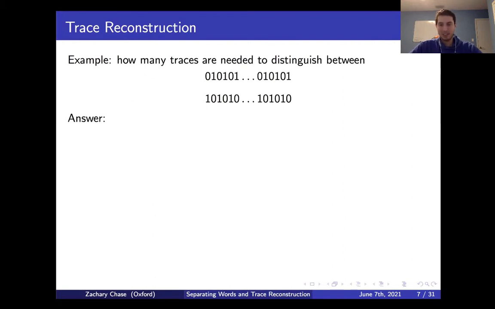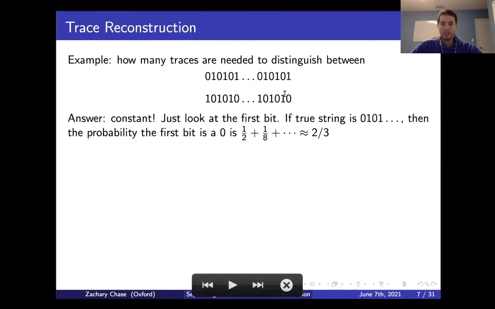So if you're watching on YouTube, you could pause to think about it if you want, but the answer is actually a constant suffices. So the idea is just to look at the first bit. So if the true string is this top one, 0, 1, 0, 1, dot, dot, dot, then the probability that